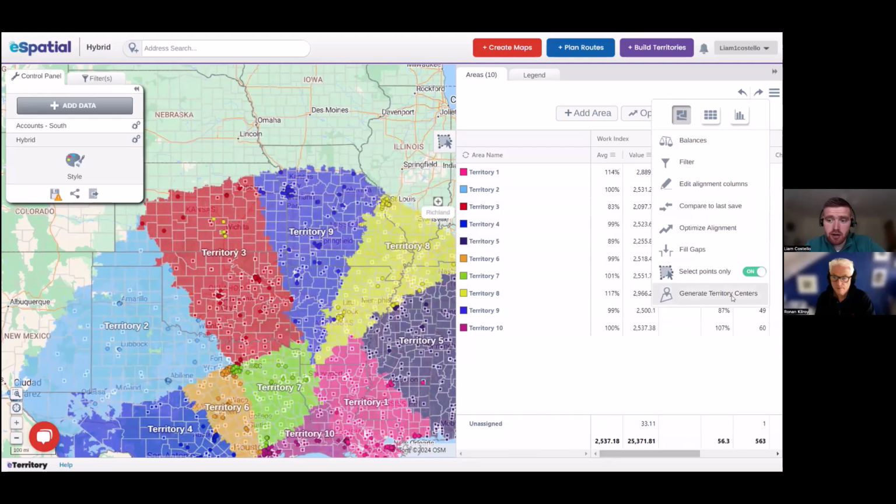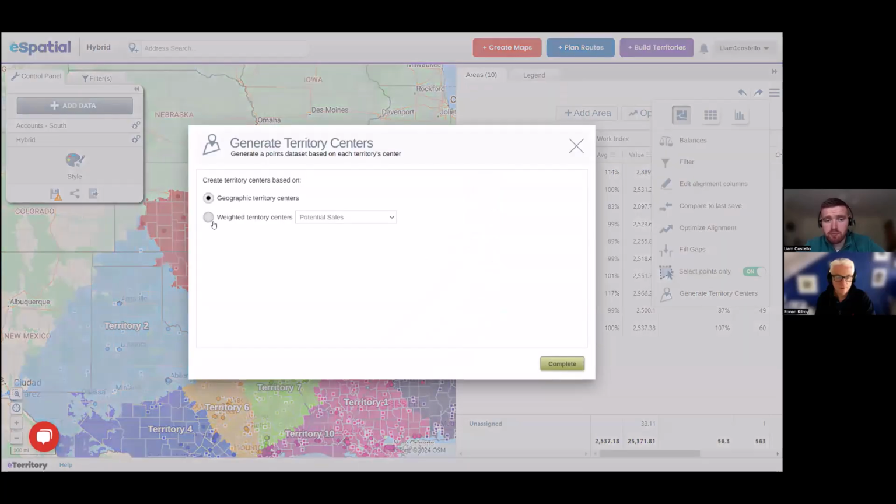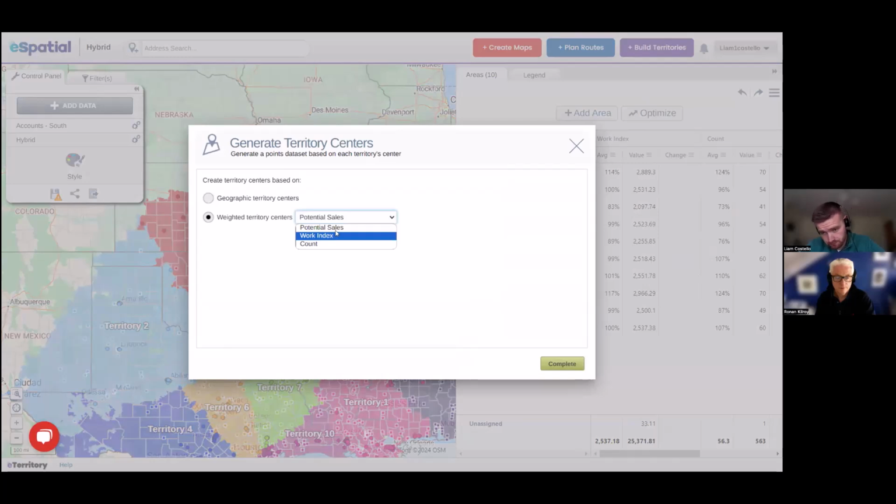Then going into your scenario of finding where the best place is to recruit a new hire from, we can use territory center points. We would recommend a weighted center point because they can be used as guides or advise you on the best location to recruit a rep from, and workload is the best approach.